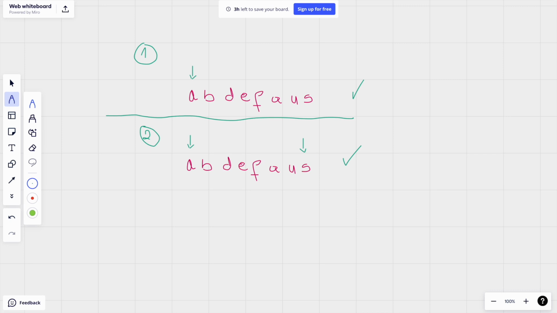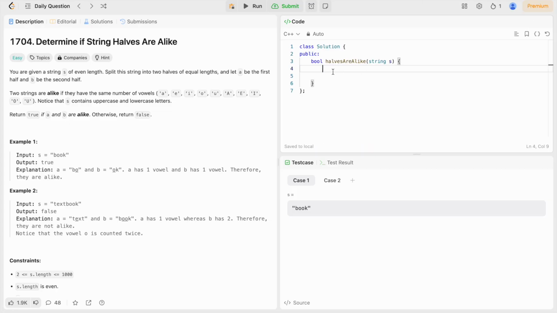Okay, so let us start with the first approach. First approach will be as follows. I'll have a string, maybe I'll call it vowel, which will have the value A, E, I, O, U, right? Then I should have an integer, the count, which will be initially 0, and I also need the size n, which will be equal to s dot size. Once I'm here, I just need to look for